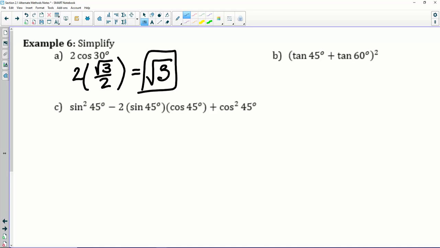3. B. Tangent of 45 plus the tangent of 60 squared. So, fold in my 45. Tangent of 45, so the square root of the top over square root of the bottom. Radical 2 over radical 2 is 1. Tangent of 60, so if you fold in your 60, square root of the top over the square root of the bottom is